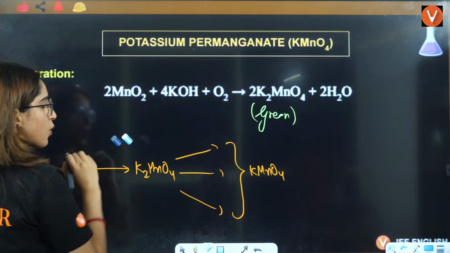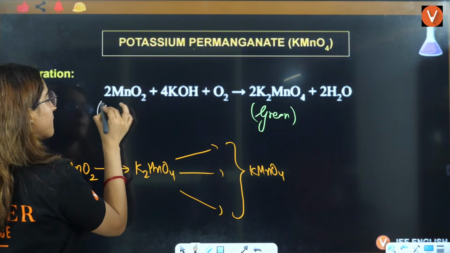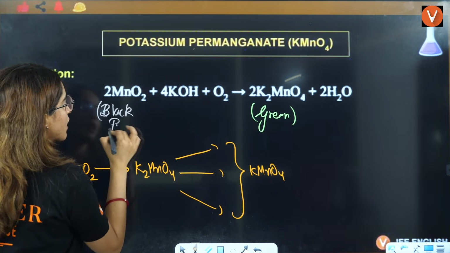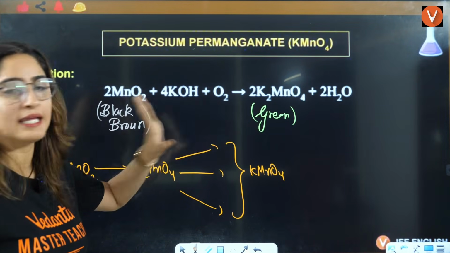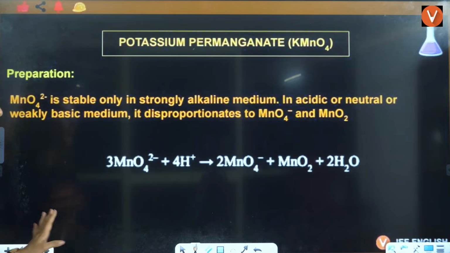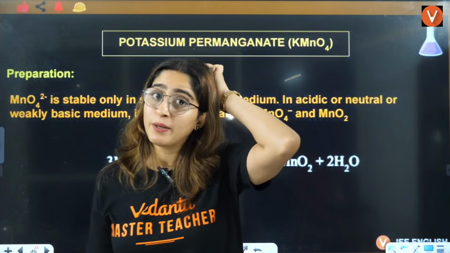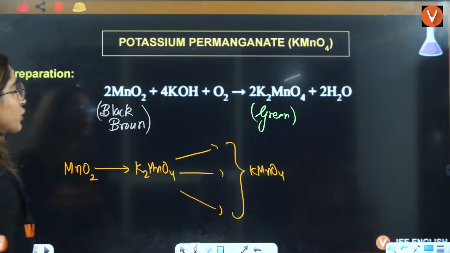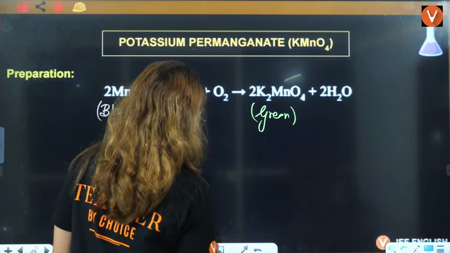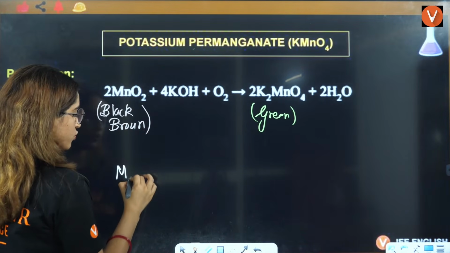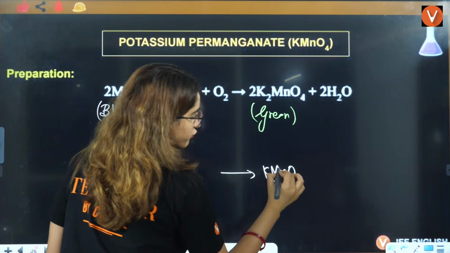I'll just write the colors also here. This is black brown, blackish brown ore, and this manganate is actually green in color. So now we will discuss various ways of converting manganate to permanganate. But before that, you need to understand one thing. When you want to convert MnO₂ to manganate, that is K₂MnO₄,